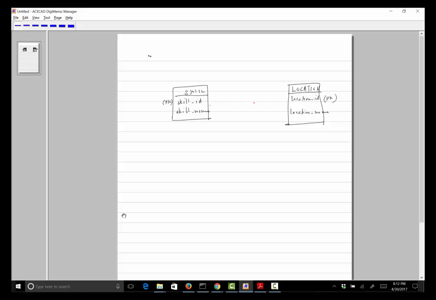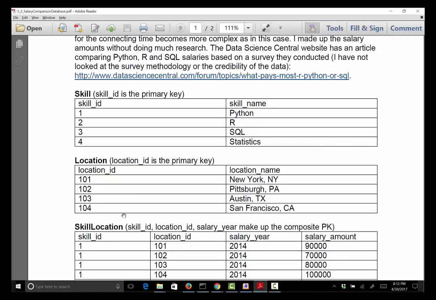And this is essentially a many-to-many association. Each skill can be associated with many locations. Not essential it has to be, but it could be. And then location could be associated with many skills. Again, the minimum would be, it may not be associated with any. But what we are trying to track, if you look at the table, the data that I have here,